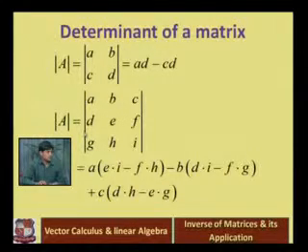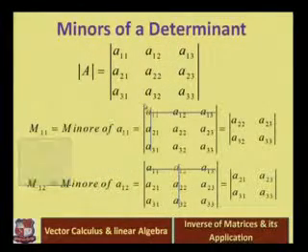The determinant equals A times (E into I minus F into H), minus B times (D into I minus F into G), plus C times (D into H minus E into G). In this fashion we can determine the determinant of a matrix. Now the minors of a